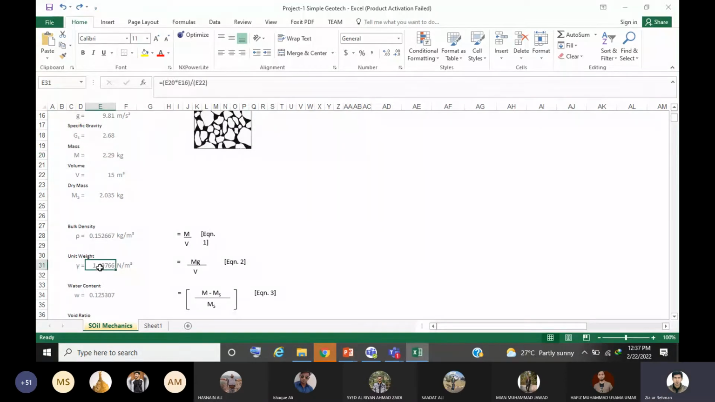Now you have to find out the unit weight. For unit weight, we know that it is m into g. First you have to find out the weight. For weight, you need to multiply mass into volume. Mass is 2.9, volume is 9.8. So I have written it like